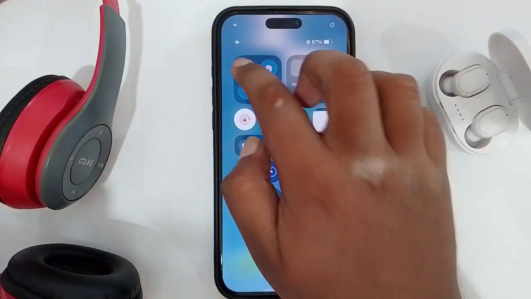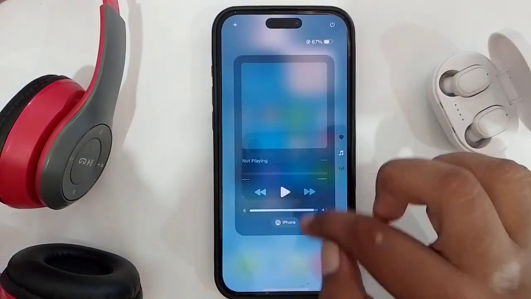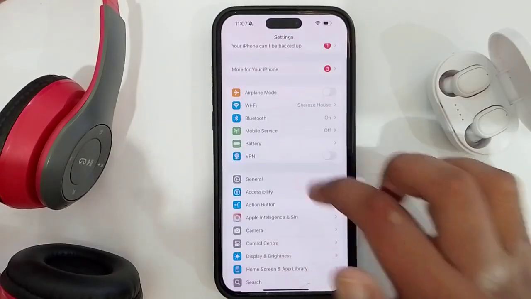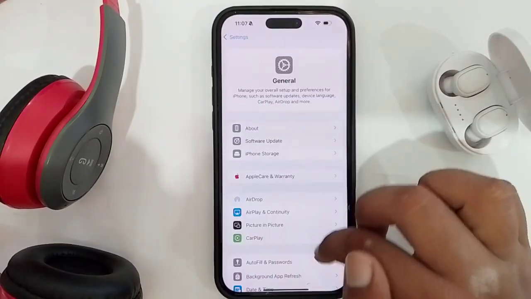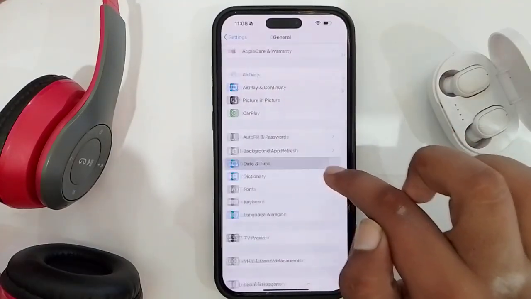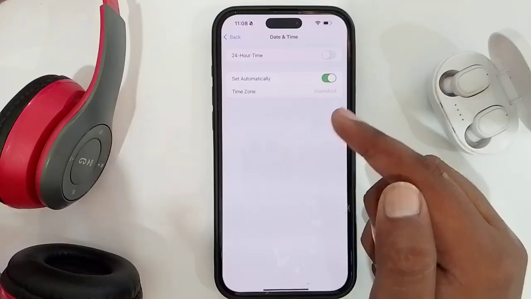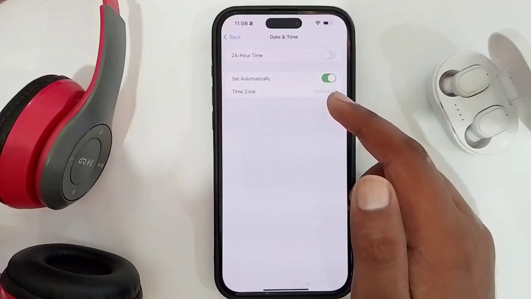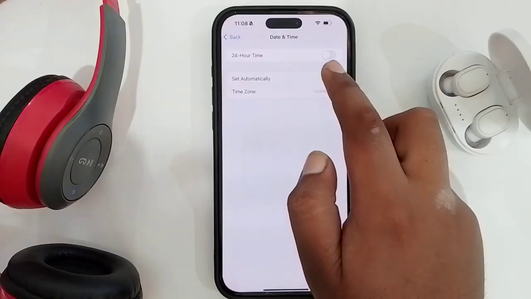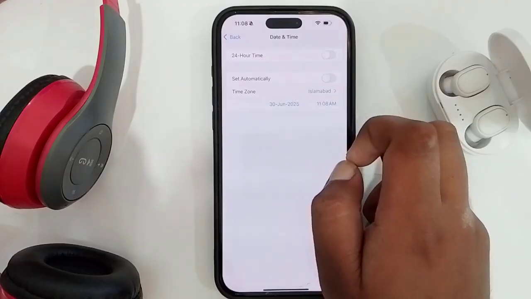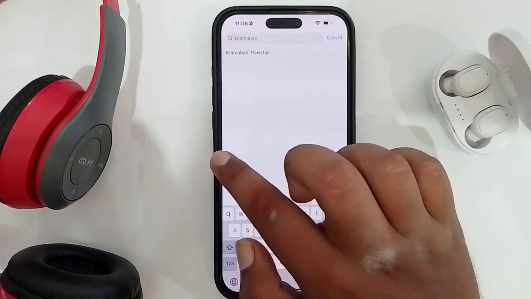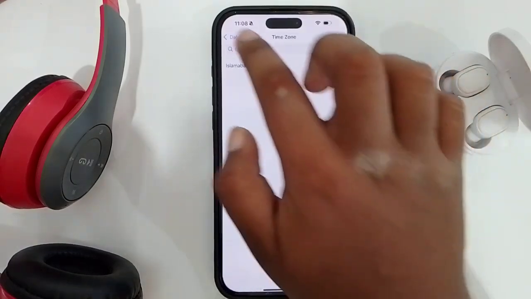After that, just turn it off, and now go to your phone settings, and here you have to select general, and now scroll down and look for date and time. Here's that, tap on it, and here you have to see if your date and time are connected to your area. Just disable this setting and then select your time zone. After selecting that, you have to turn this setting on,